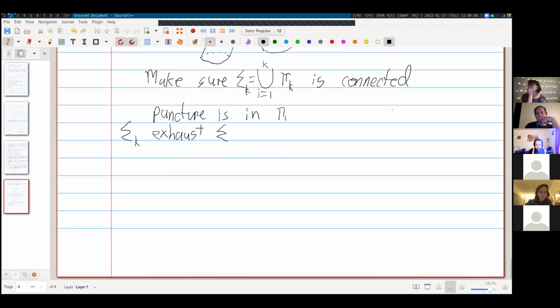So in terms of these pants, there's kind of 3 kinds of pairs of pants, right? Notice that by the ordering, we're always attaching pairs of pants to the surface that already exists. So we can specify that we can measure a pair of pants by how many of its boundary components are connected to the pre-existing thing. So we kind of have 4 options, right? We have when we start out,